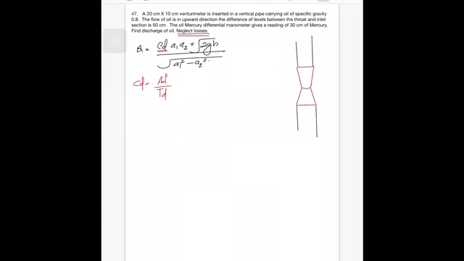And why is actual discharge always less than theoretical discharge? It's because in the actual case there are a number of losses. There may be loss due to friction, loss due to obstruction, sudden expansion, etc. Because of these losses the actual discharge is always less than theoretical discharge. And since they have said that we can neglect all losses, actual discharge will be equal to theoretical discharge. So CD will be equal to 1.